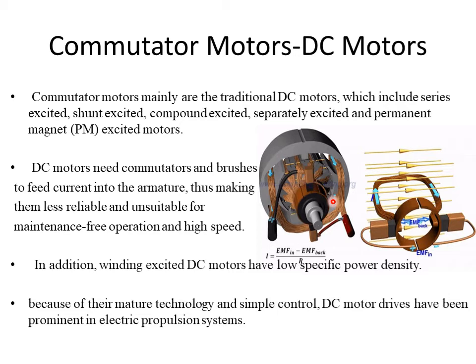Once we give a supply to these windings, it will be like a current carrying conductor placed in a magnetic field, and this will experience a force, as a result of which the winding starts rotating inside the stator. When we say DC motor, the technology is very mature and the control is very simple. But the main problem associated with the DC motor is the commutator, the maintenance of the commutator, or the problems associated with commutators.